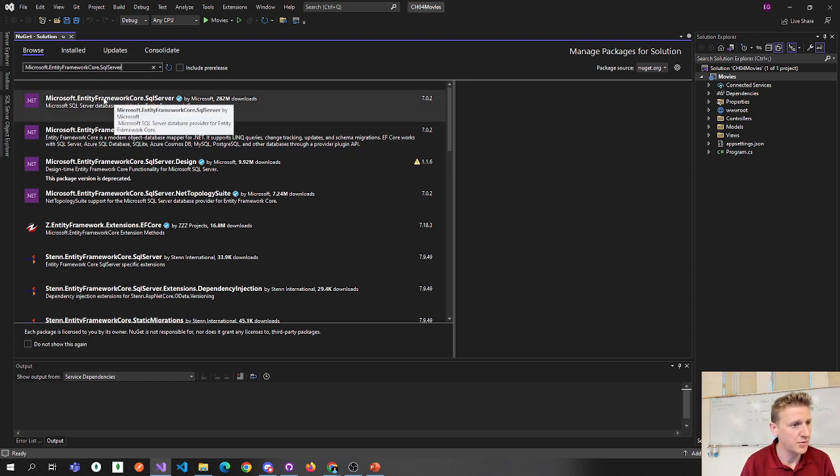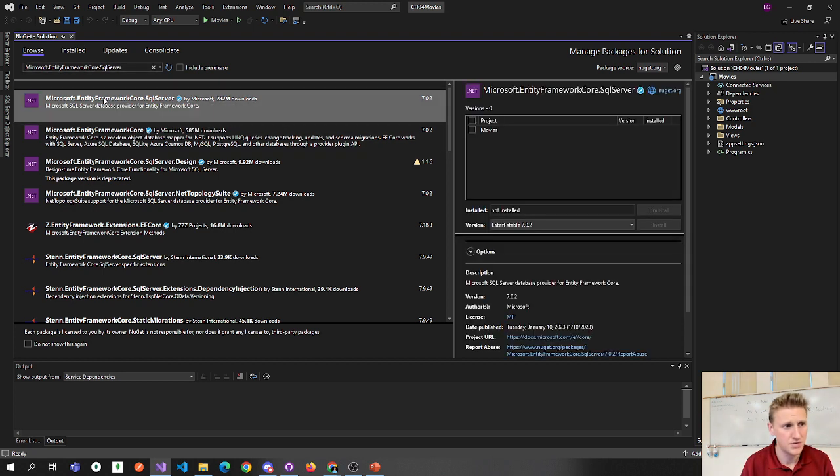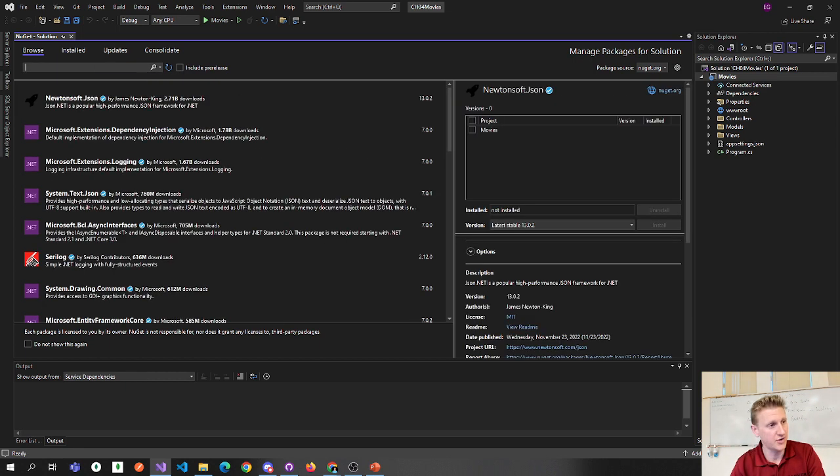And this is what I'm looking for right here. Microsoft Entity Framework Core SQL Server. Okay, now that's putting in this dot notation. Good luck remembering that. I just wonder if I search Entity Framework,